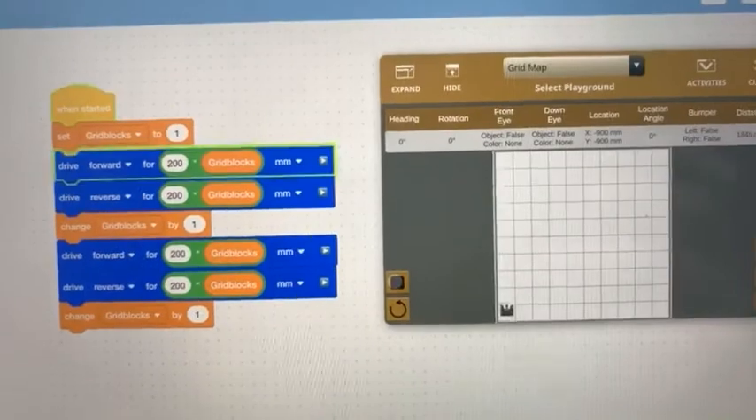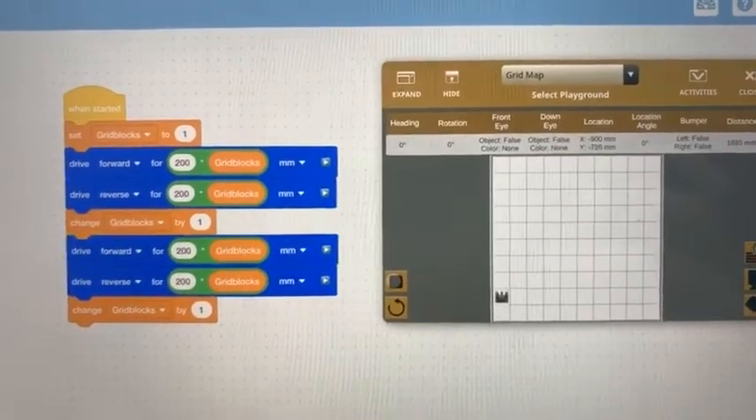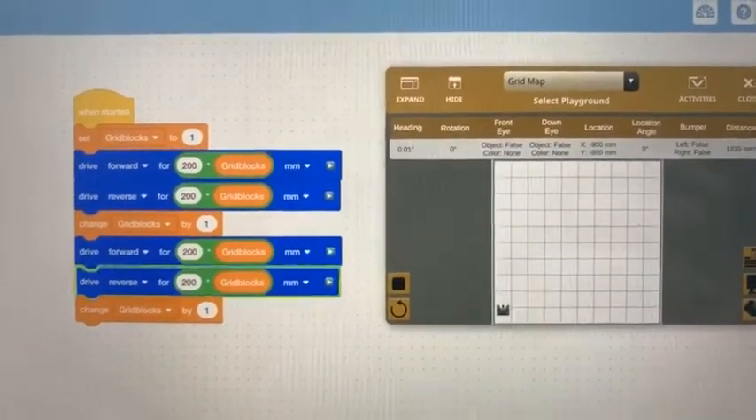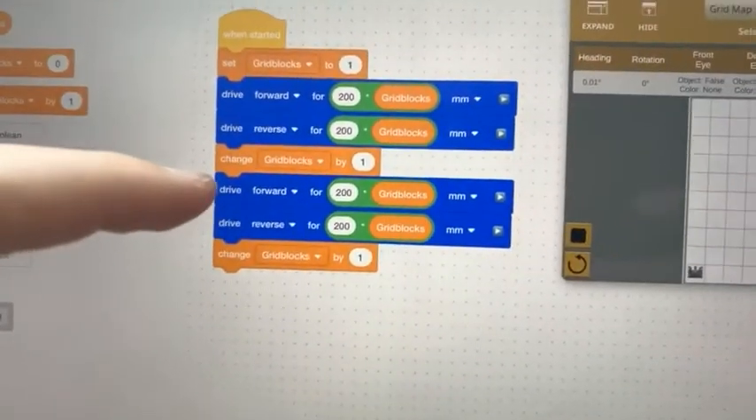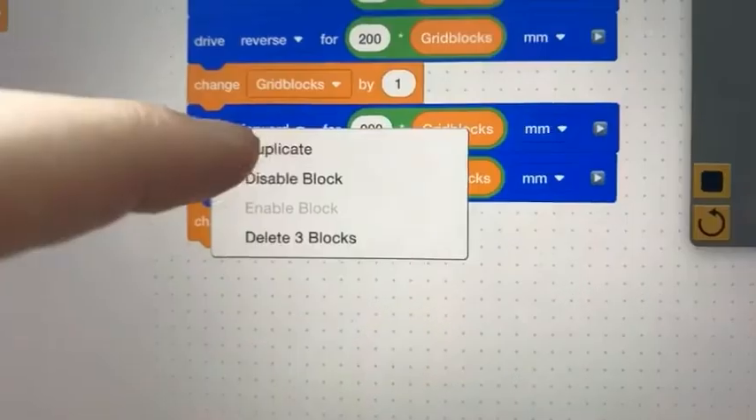So let's take a look what this does. It goes forward and back. Now it goes forward for 2 and then back for 2. So by changing the variable over here, we allowed these to be worth 2. And if we were to add them again over here, duplicate,